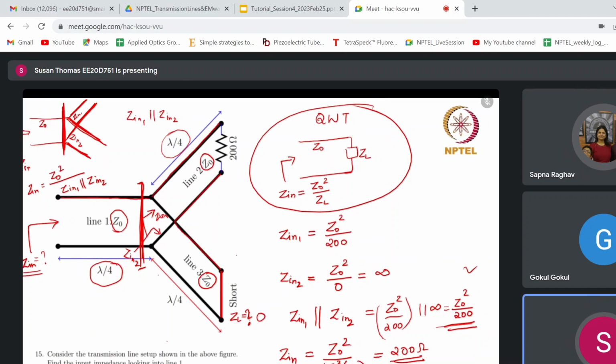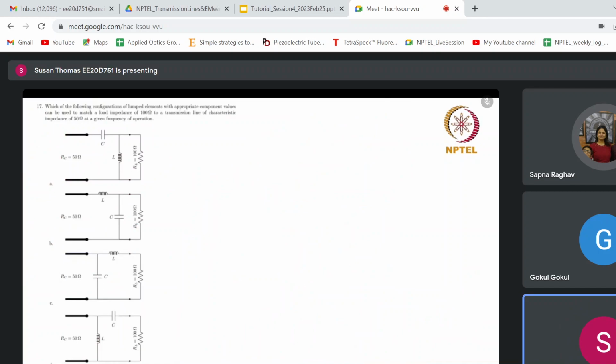Now let's move on to another question. I hope the question is clear on the screen. So you have a load impedance 100 ohm and you have a characteristic resistance 50 ohm. Now, how do we do a matching? Okay, if you have a